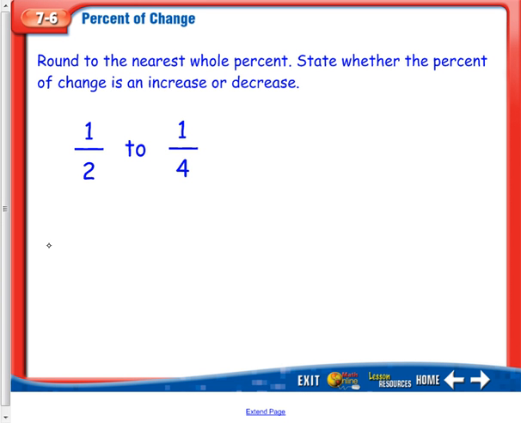Okay, so it says round to the nearest whole percent, state whether the percent of change is an increase or a decrease. Well, if we're starting at 1/2 and going to 1/4, I already know that it's going to be a decrease, so I'm going to circle that right away so I remember. Okay, now we need to find the difference. Well, to find a difference, we're going to have a common denominator, right? So we're going to have to do 2/4 minus 1/4 because, multiply both of these by 2,